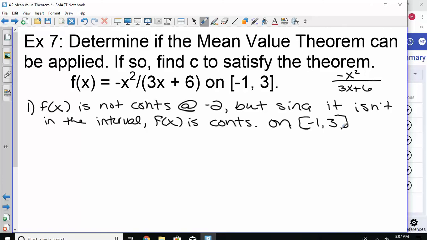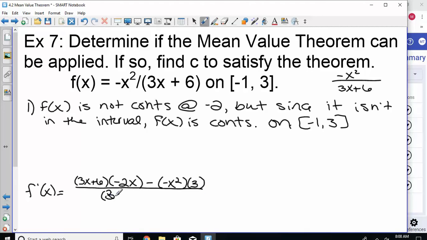Okay, second thing, it has to be differentiable. So I'm going to come down here and actually find our derivative and see where that exists. To do this, we're going to do the quotient rule. So low, d high, derivative of the top, minus high, d low, derivative of the bottom, over low squared. So if you distribute,